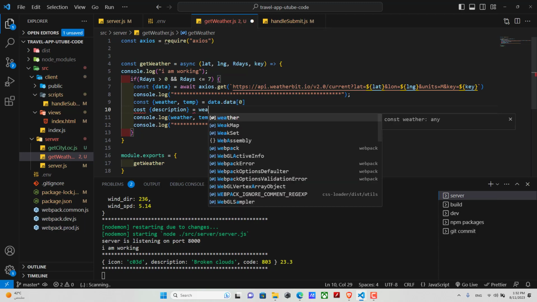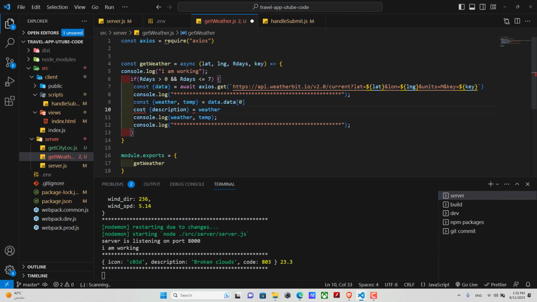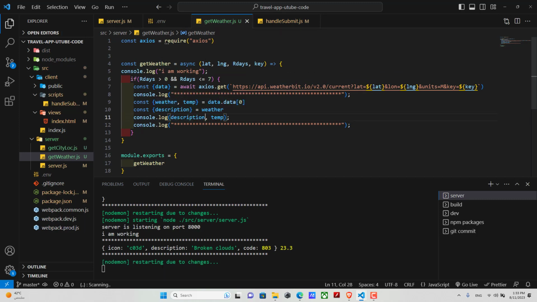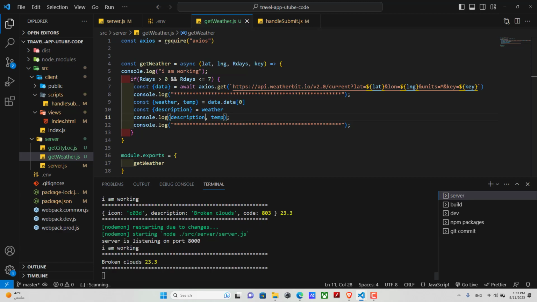I will get this from weather, and I will not show weather, I will show description. So look, now we have it: broken clouds,